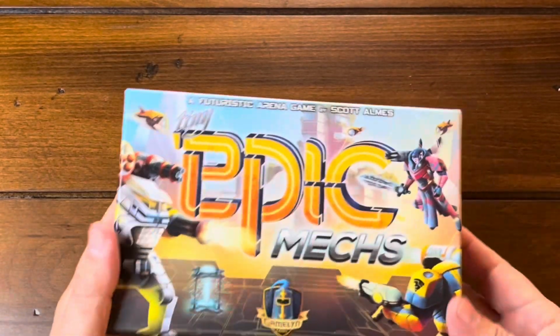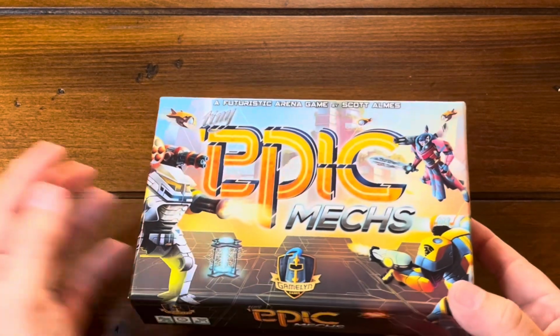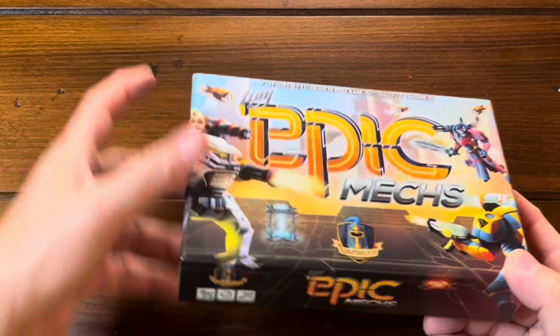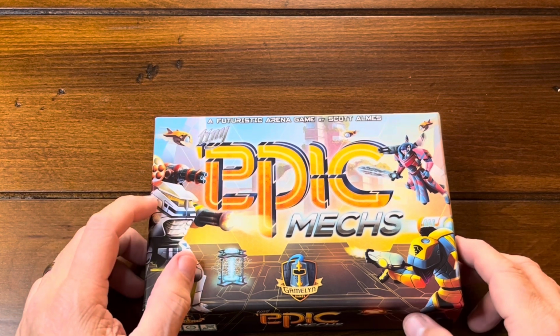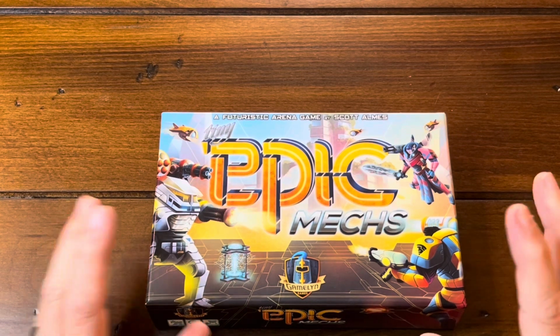Now, I think there might be an expansion or a deluxe version. If there is, I probably would not be able to fit that back in the box. But a lot of times they come in a similar box like this, and then they'll give you a sleeve to put the two together. That's what they did for Tiny Epic Defenders and Tiny Epic Galaxies, and I think they've done that for some of the other ones. Anyway, but that is Tiny Epic Mechs from Gamelyn Games,